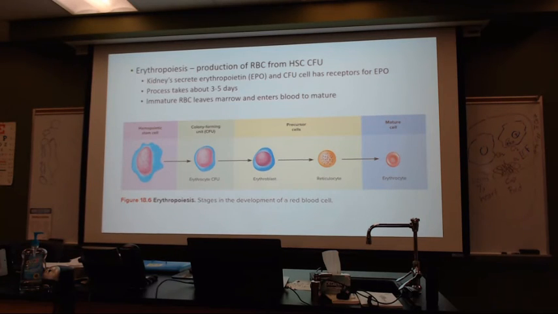Blasts, class, remember all of that? What does the blast do? Gives rise to. We think of it because what we've studied to this point is an osteoblast, which gave